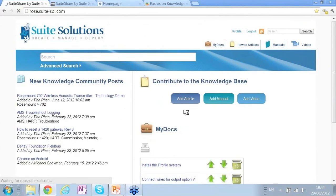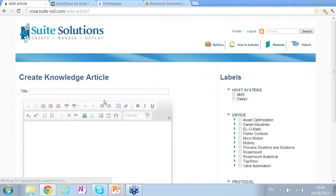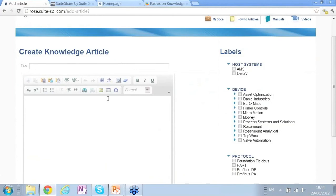Now, let's say I use the content and I'm using the product, and I want to add content to the knowledge base. I'm a support professional. I just did troubleshooting with a customer, and I just figured out how to solve a problem that I never saw before. I can click on Add Article, for those people who are authorized to do so, and I can start creating my own article,